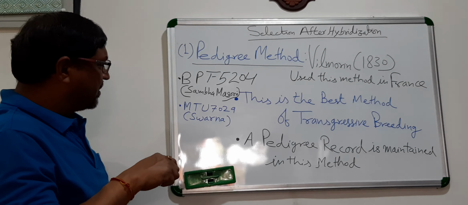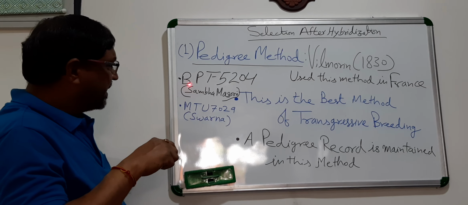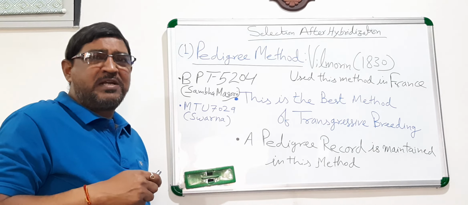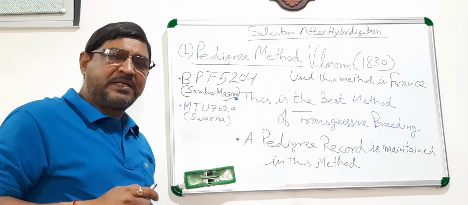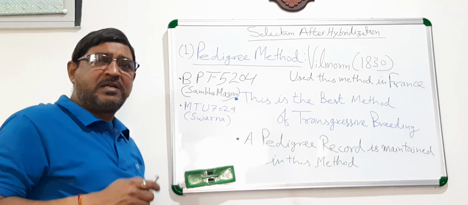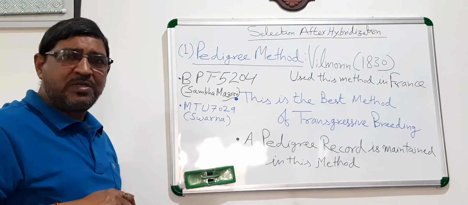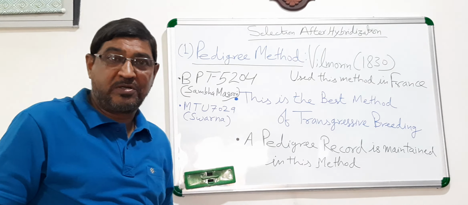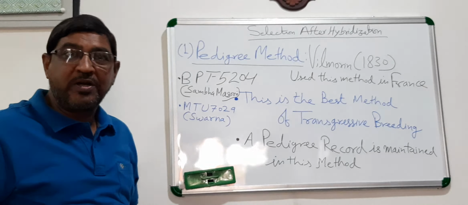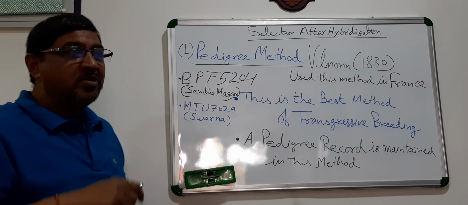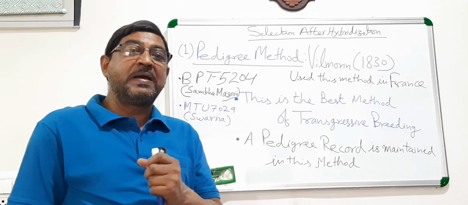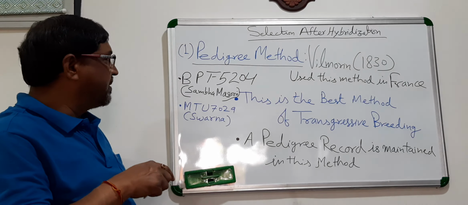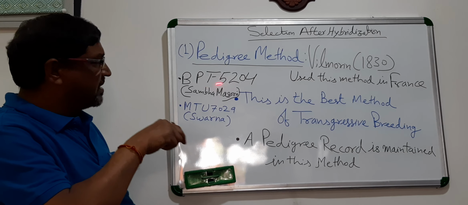But we wish to have better yielding ability, maybe equal to this MTU 7029, whose seed quality is not that attractive, or the cooking quality is not up to the mark as you are getting in Sambha Masuri. So we are willing to develop such a variety which can yield more or equal to Swarna and gives good grain type and cooking quality. If it is our objective, or if our objective is to have this Sambha Masuri with